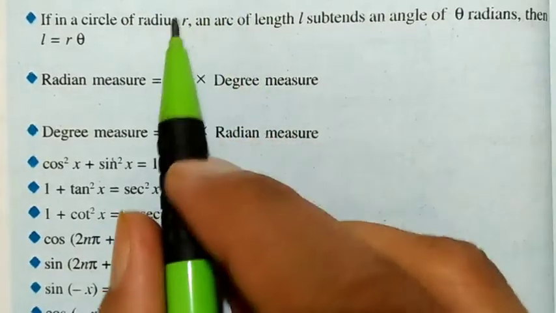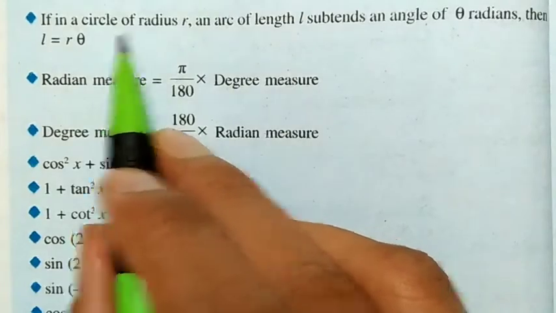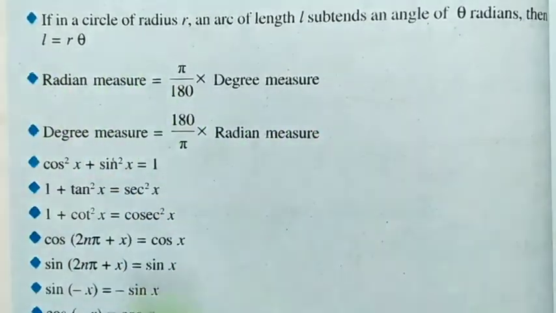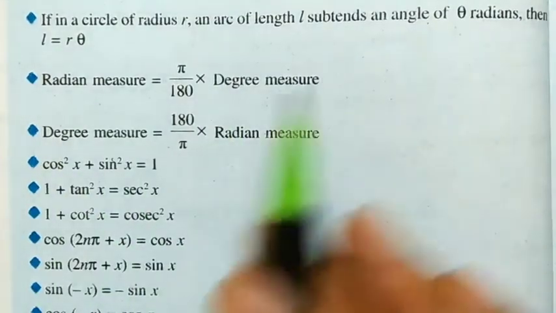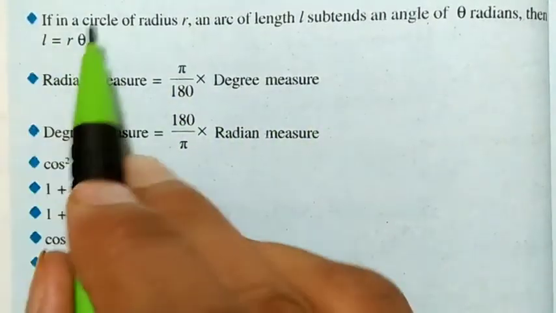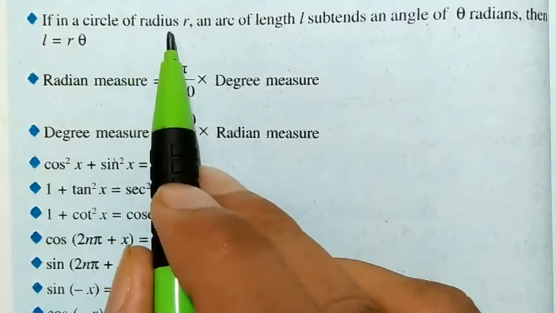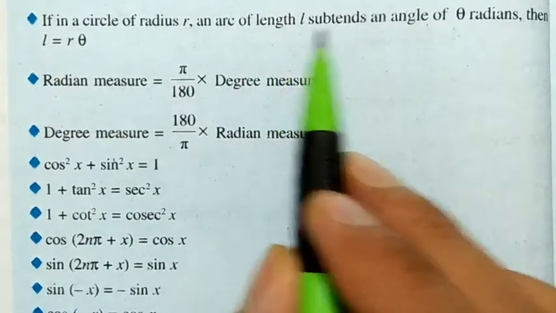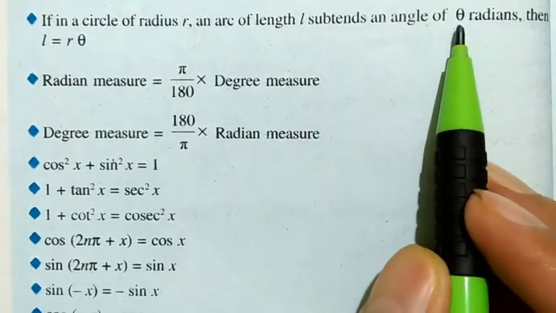Hello my dear students. In this video we'll discuss class 11 mathematics, trigonometric functions, all the formulas for your exams revision. First point, if in a circle of radius r an arc of length l subtends an angle of theta